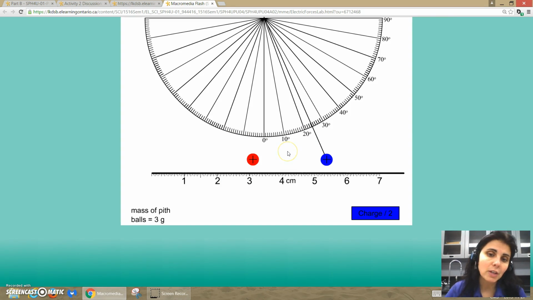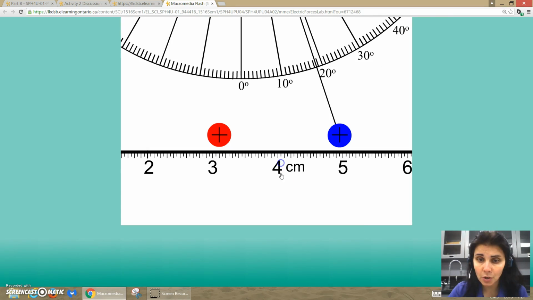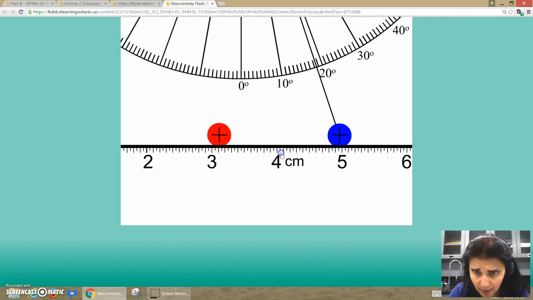Then the first iteration asks you to reduce the charge on the blue ball by half, which you do by clicking on this button right here. And that reduces the charge on the blue ball only by 2. But if you notice, we have to ensure now that the distance between the red ball and the blue ball is fixed at 1.5 centimeters. Remember, the change in force can only become a result of the change in the charge on the blue pith ball alone. So you're able to zoom in, and at this point,